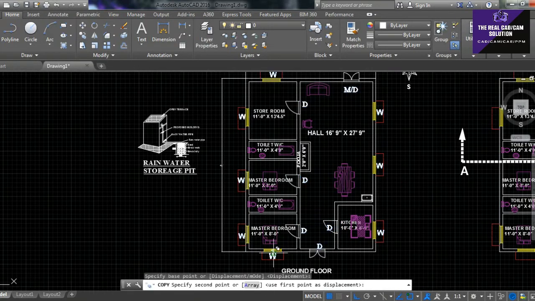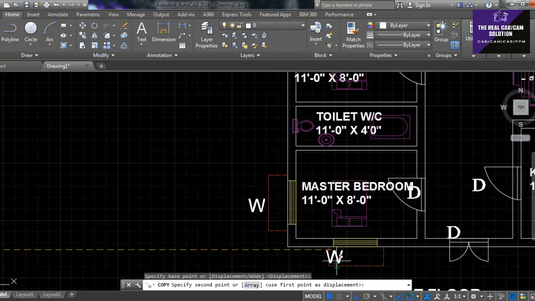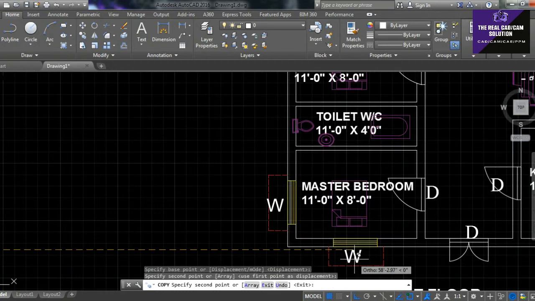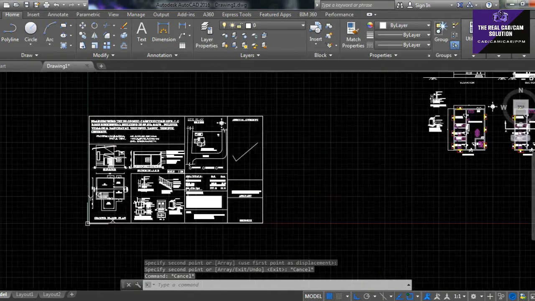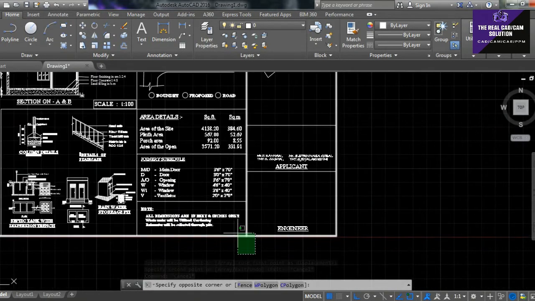Just like this, then copy this to here, because same plan as continues to the top area. Okay, we finished all over like this.